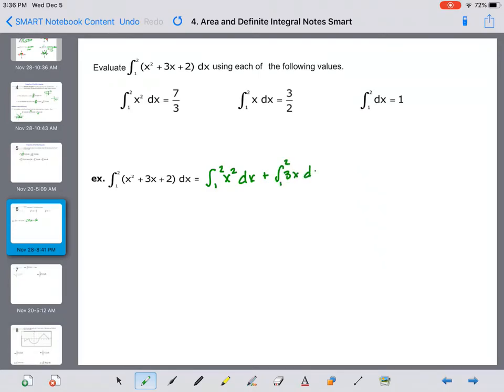One of my rules says I can split up term by term as long as the top limit and the bottom limit are exactly the same for each one of these terms. And I can do one thing more by taking out that 3, because it's a coefficient, and even that 2,